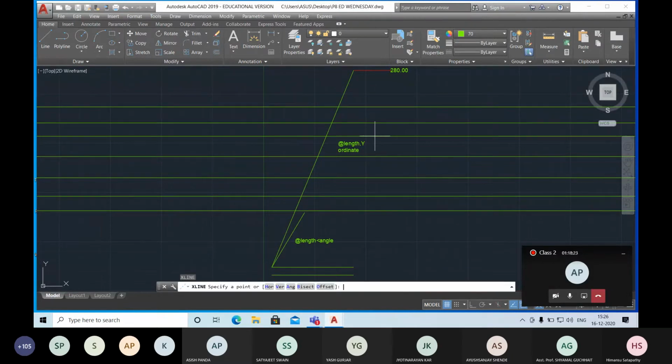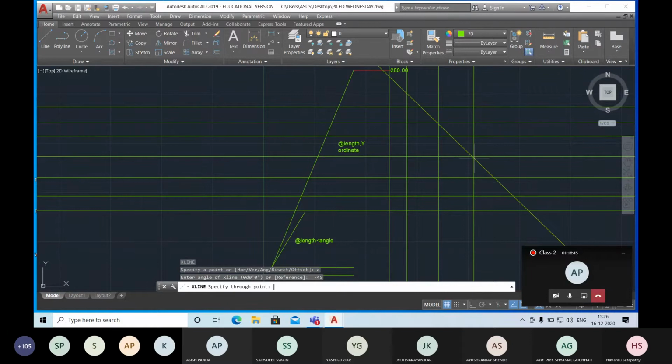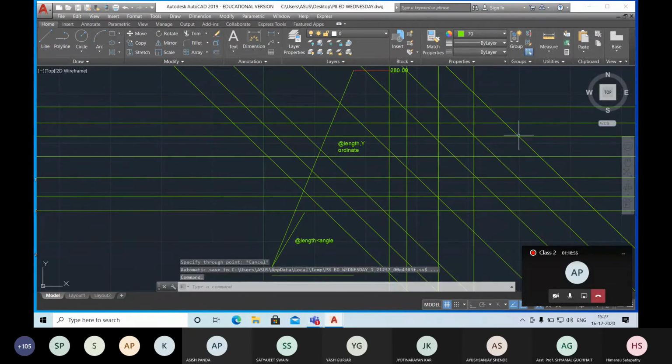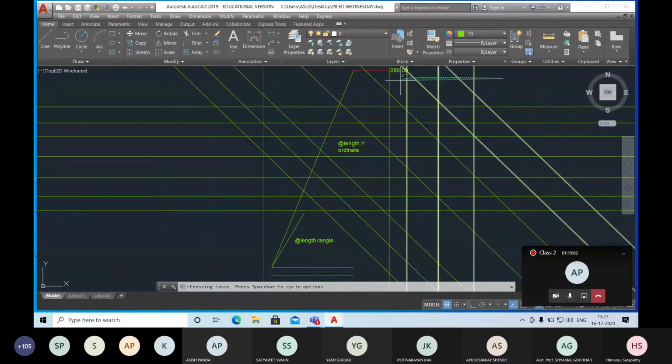Similarly, if I go to the vertical line, enter V, enter. Now you can see I can draw only vertical lines. So now similarly, if I go for the angular, again go to the X line, and enter A, angular option. Then enter. Then it is asking to mention the reference angle. Reference angle, if I mention 45, then that will be anti-clockwise rotation. Sorry, to make it clockwise, I can mention minus. For anti-clockwise, I can mention plus. So these are the reference lines. I could not find the starting or ending point of the X line command.